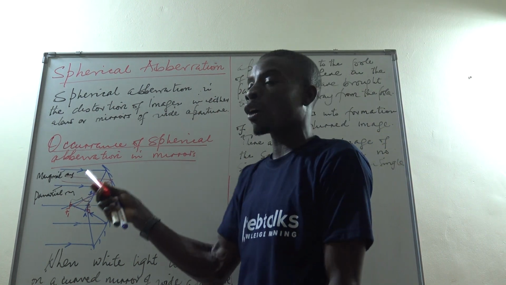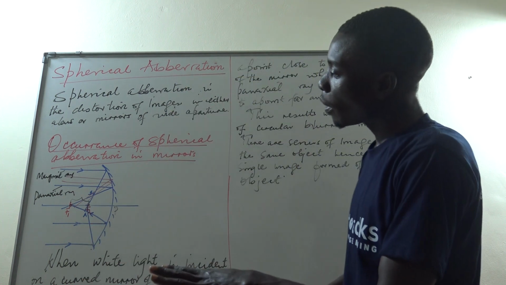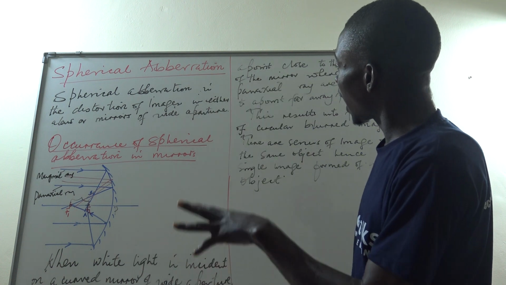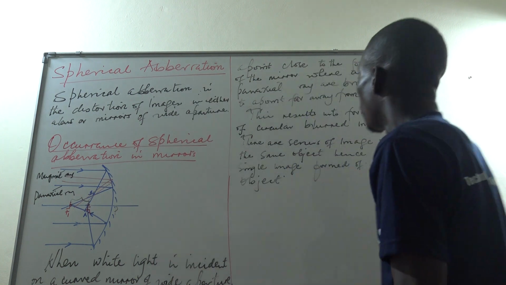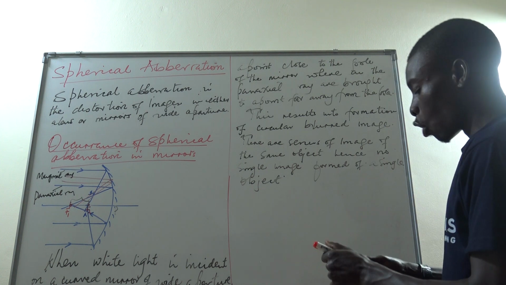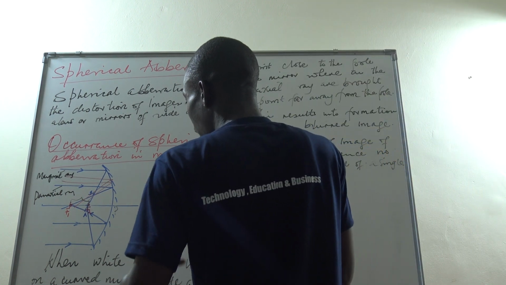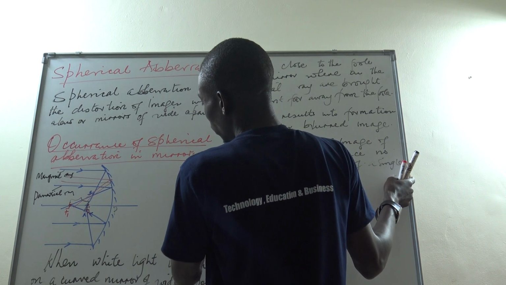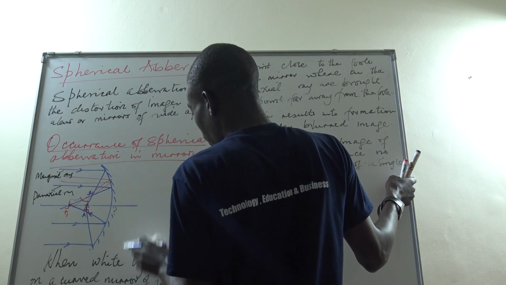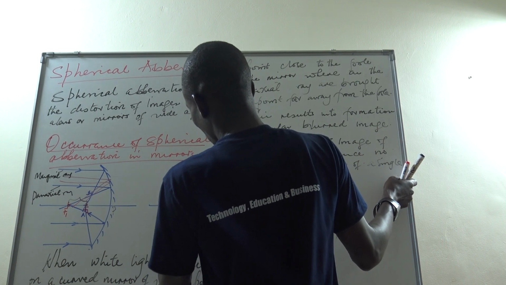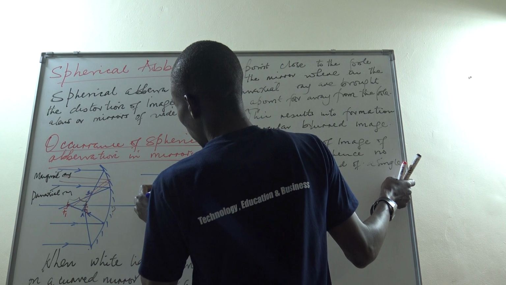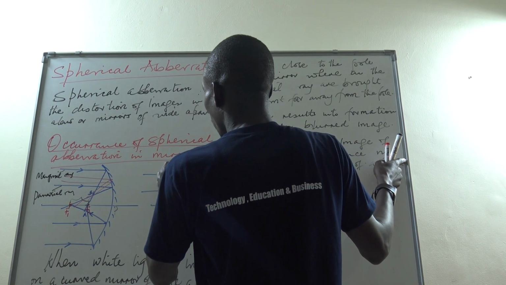So if they tell you to describe the occurrence of spherical aberration, this is what you write basically. Talk about the marginal and the paraxial rays being brought to different points as a result of the mirror having a wide aperture. Okay? And if that has happened, we say that the series of images will now be circular and blurred. So, after seeing that mirrors can do that, you can also look at maybe if it is a convex mirror. If it is a convex mirror, you would draw it like that because you'll be wondering, what if it is a convex mirror? How do we illustrate it? We have this, we have this and that. We said that this one will be reflected to come to a point near, but this one when it is reflected, it will be to a point